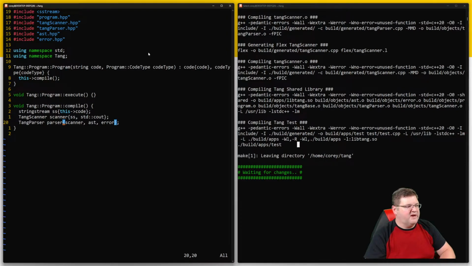Okay, and what will AST and error be? These need to be private variables. So it really should be this arrow AST and this arrow error. And these are supposed to be pointers, and that means, yeah, I think that we're going to